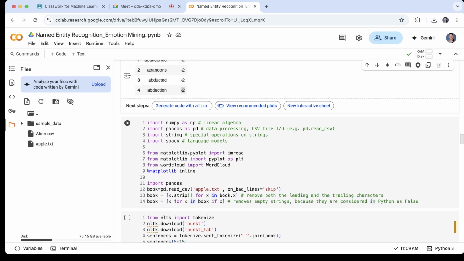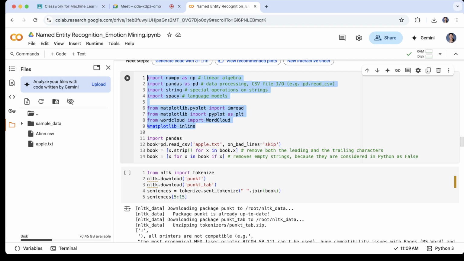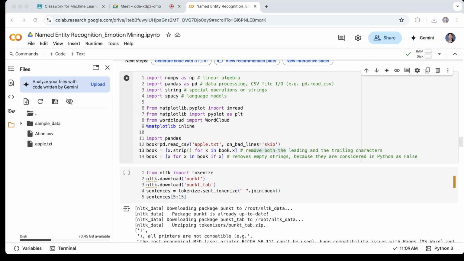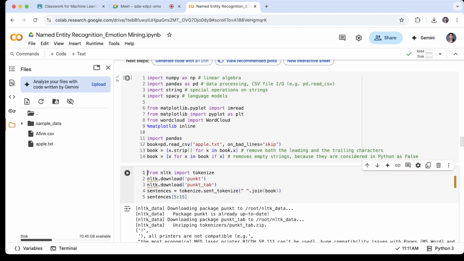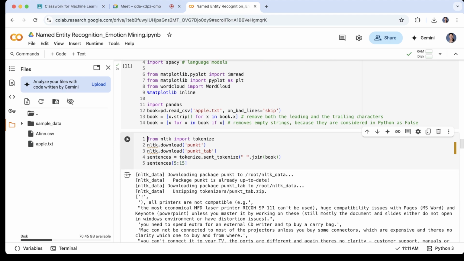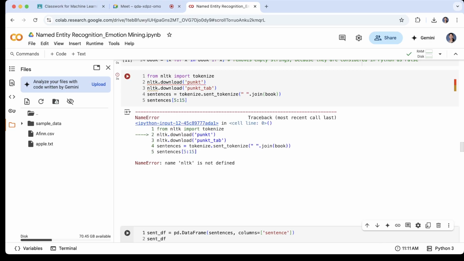Okay, so now what we are doing is we are first importing a bunch of libraries, and then we will read that apple.txt file, and if there are any leading or trailing characters, we will remove those, and we will remove the empty strings as well. So once we do that basic pre-processing, we will just